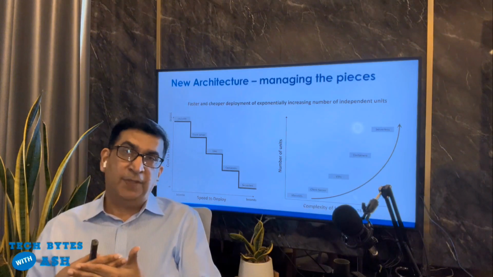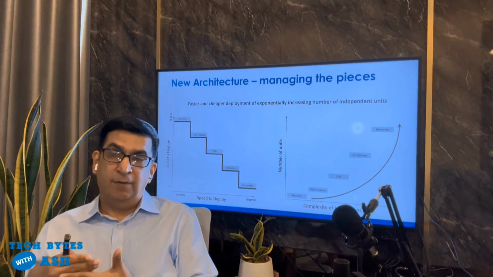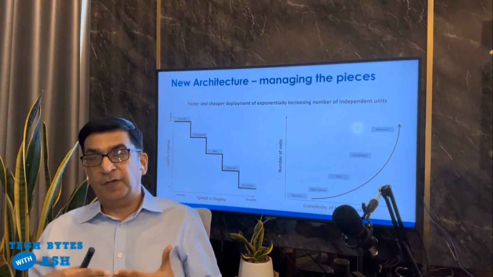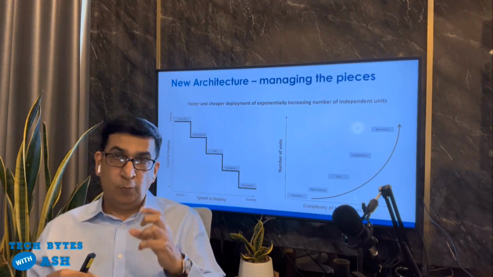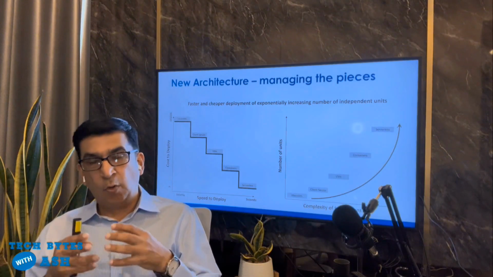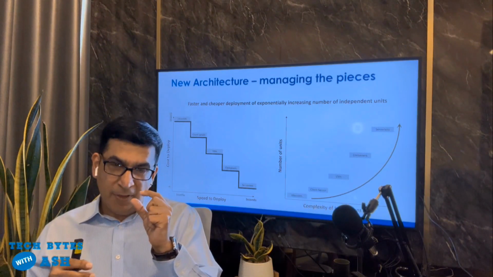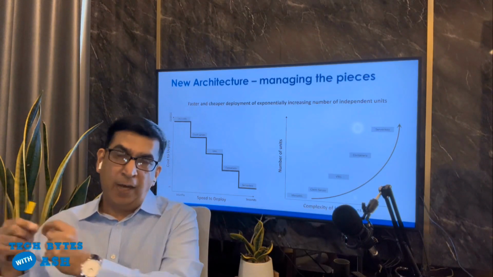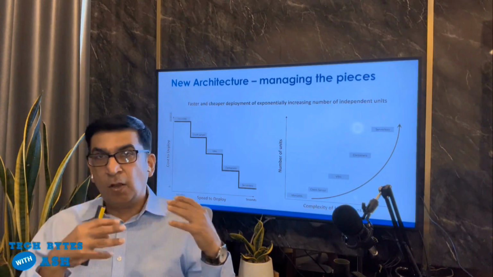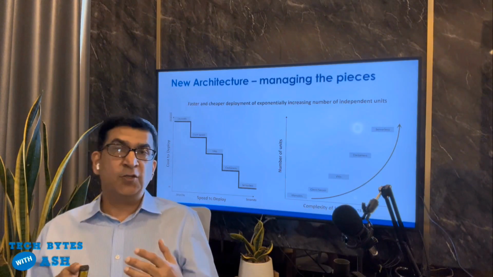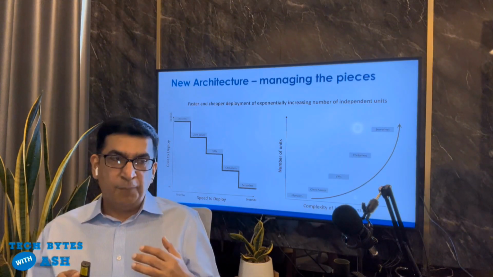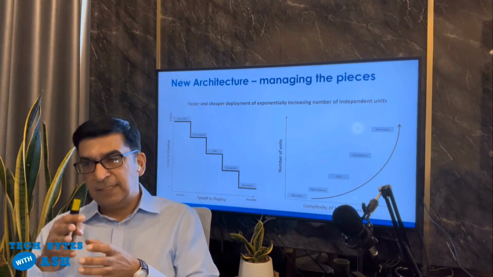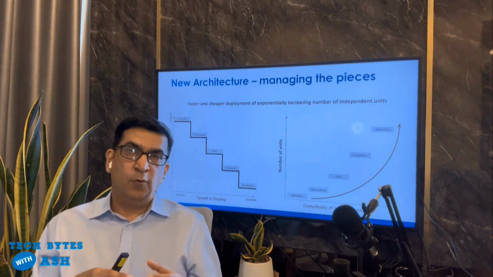The customer wants to use something, pay for something, and be done. What you do behind the scenes for your plumbing and your applications is not the concern of the consumer. So what happens in that is, and we'll maybe cover another topic one day, this whole thing of APIs, that as you make your software very small and granular, you then expose what you need to come and stitch the solution together. There's a lot more complexity that you have to manage from an architectural perspective that makes cloud computing somewhat complicated, but very, very useful, because for certain things, it's definitely a way to go, although absolutely it's not the panacea for everything.